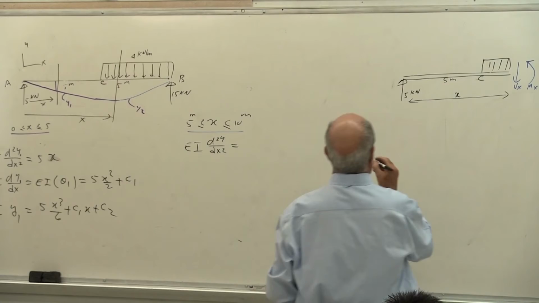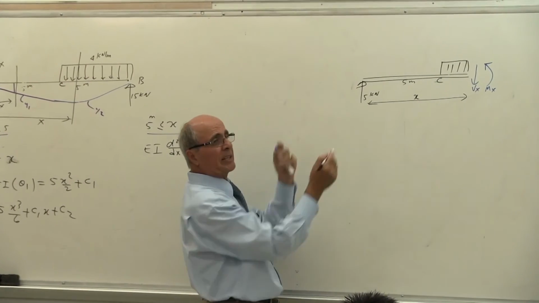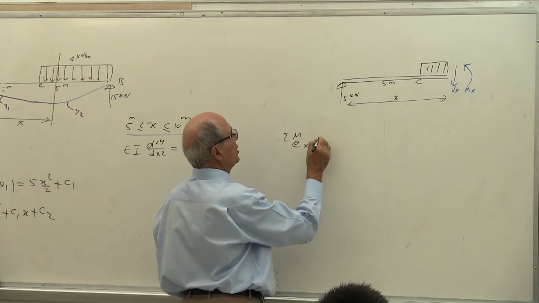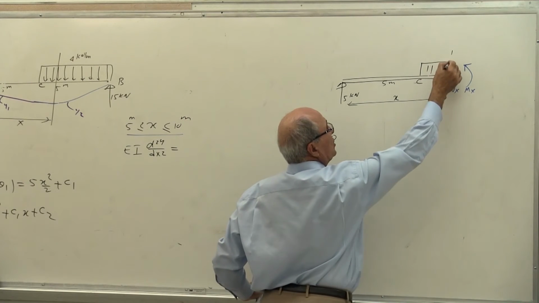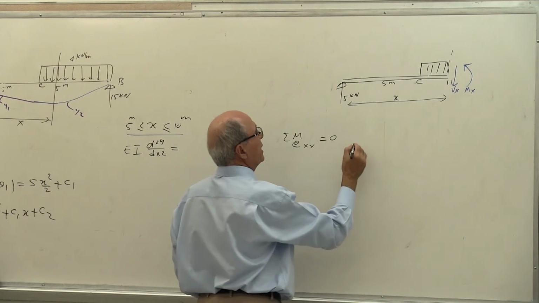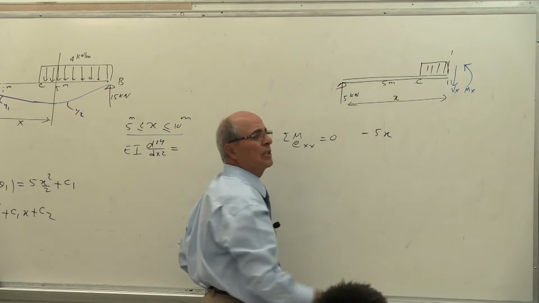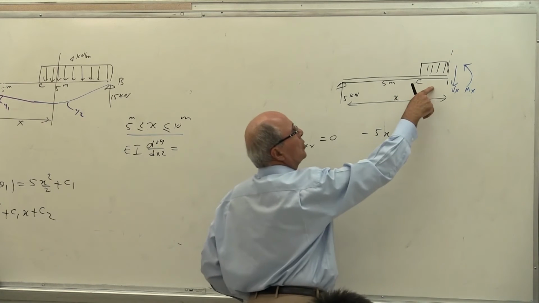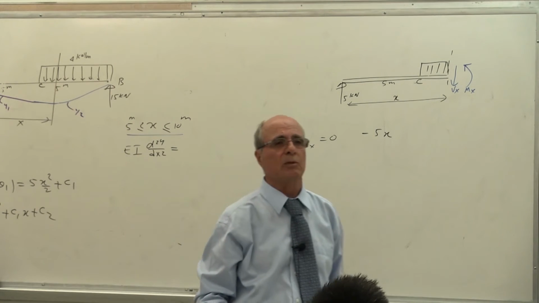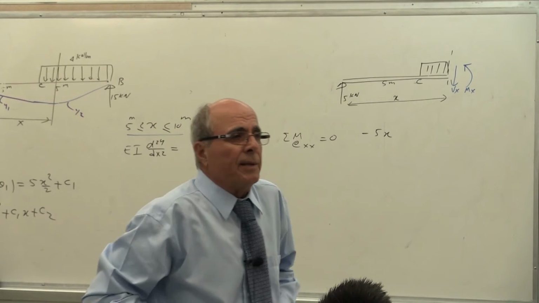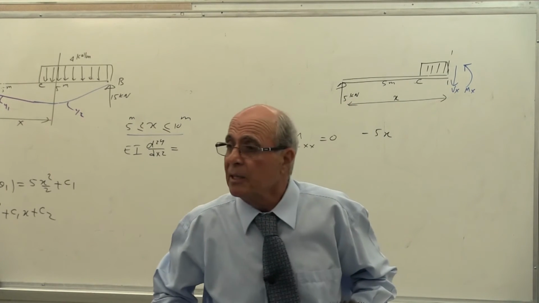Yes? What is m equal to? Right, it's static. Yes or no? Sigma m at x equal to 0, or this line. 5 times x, negative, yes or no? Plus this load. Now, how is this load? What's the magnitude of that load? Be careful what you are saying there. 4 times what? X minus 5. X minus 5. Very good.